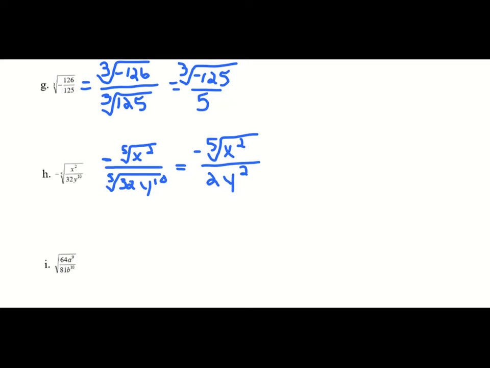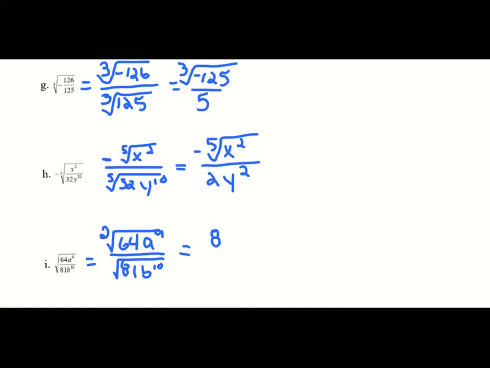All right, and then for I, again, I'm going to split it up because I can't really simplify the fraction as it is. But if I do the square root of 64 a to the 9th over the square root of 81 b to the 10th, we know the square root of 64 is 8. And a to the 9th, this is another one where it's not a perfect radical, but I do know that